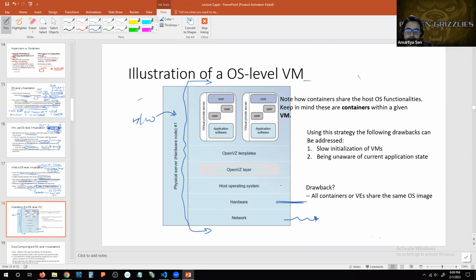Then you have the host operating system, which essentially has direct control of this hardware and the networking operations. On top of that, you have the hypervisor. This is an example of the open virtualization layer. It can be implemented by some of the software that is available for us. And on top of that, what you're creating or saving is basically the VM templates that can be used by the users, right? So these templates are basically a breakdown with respect to the different CPU power, RAM or